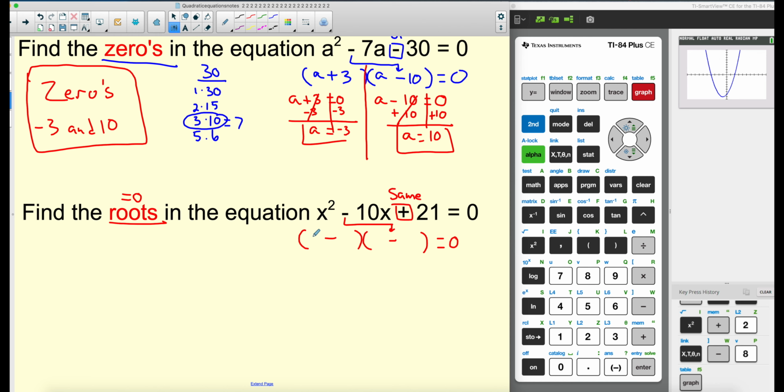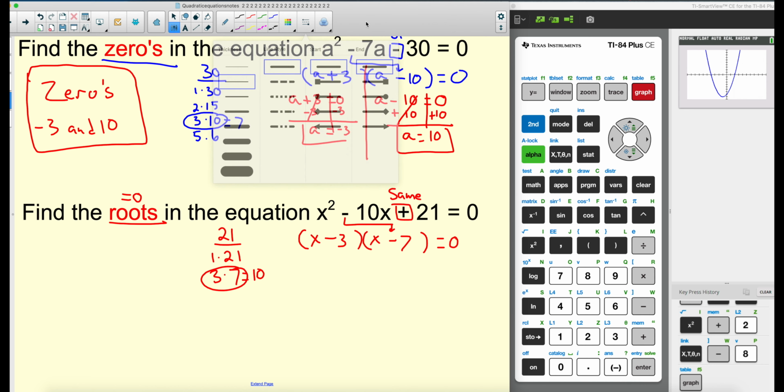So, it's minus, minus, x and x. Factors of 21, we know them, 1 and 21. And, of course, 3 and 7. Simple. I need a 10 when I add. Well, that's simple, guys. 3 plus 7 gives you the 10 you need. 3 goes first, 7 goes second. Normally you're finished, but guys,